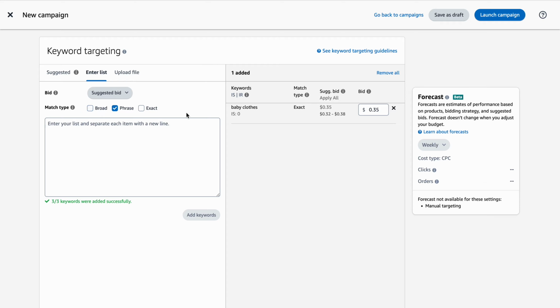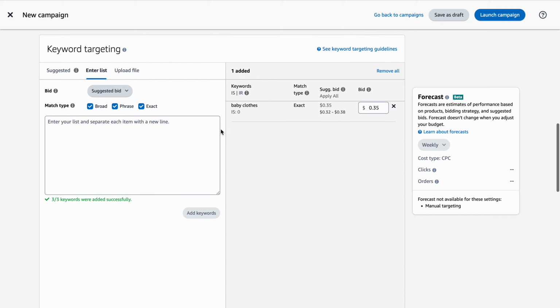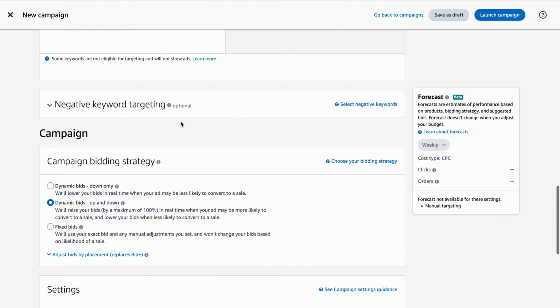And then you've got broad. So if people type in baby, for example, baby clothes, or just baby, it might still come up with baby cloth. So all of these different things, I would never recommend putting them in the exact same campaign. I would personally always have a separate campaign for exact, phrase and broad, just because the results are going to vary. Once again, we'll get into some more advanced stuff in future videos. Let me know if you want me to create them.